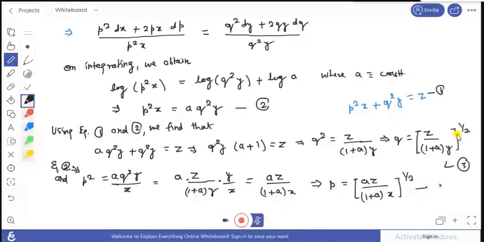Suppose this is equation number 4. Okay, so then what is dz? So dz is p dx plus q dy. Of course, p is a function of x, y, z, and here q is a function of x, y, z. Here a is the constant one. Okay, so this is your dz. So now we have to calculate this dz and then integrate this. On integrating, we find the solution. So on next page,